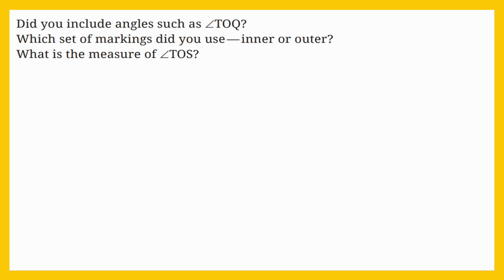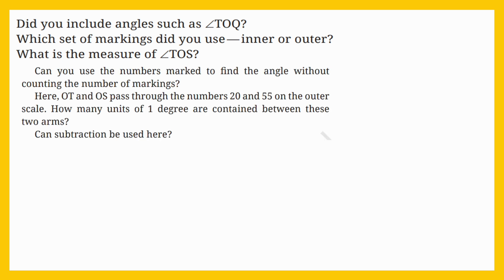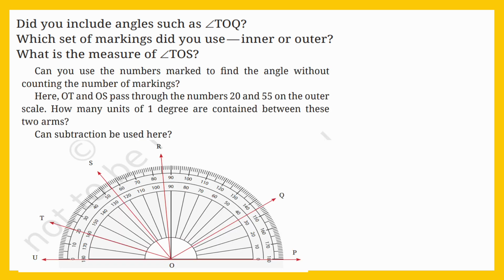Did you include angles such as TOQ? We will include. Which set of markings did you use, inner or outer? What is the measure of angle TOS? All these we will do. We have to find the angle TOQ. We have to find the measure of this angle. You start from the leftmost side, then you check the reading at Q. What's the reading at Q? It is